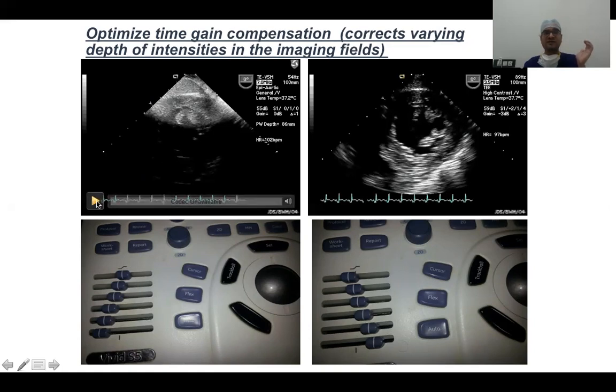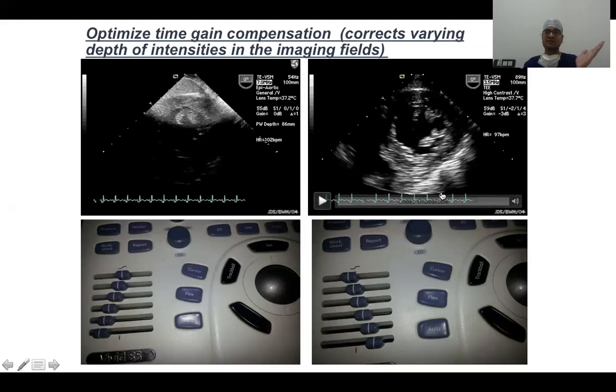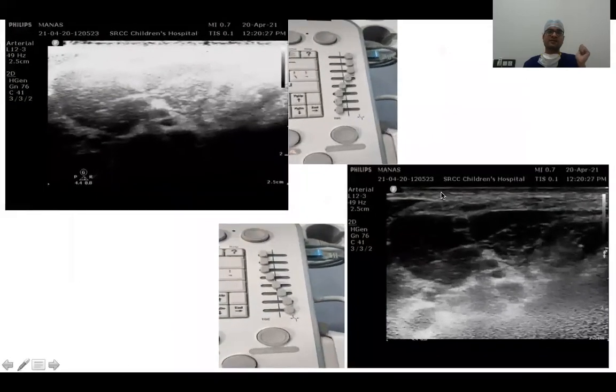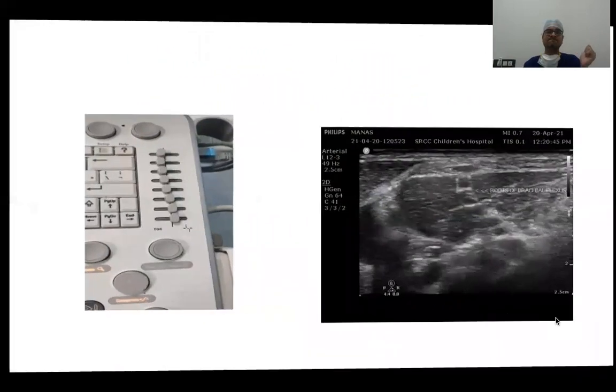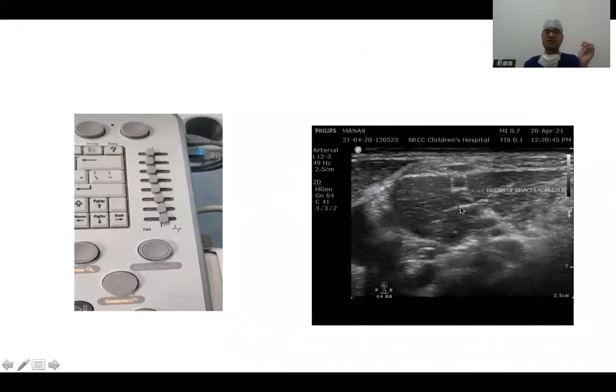Here we can see the distant areas are dark because the knobs are on the right side. As we take it to the left side, the distant far field is much brighter. Same here, if the upper knobs are on the left side, it is far brighter on the upper quadrant, and if it is on the lower side, it is on the far field. So it has to be optimally seen, so that throughout the ultrasound image we can interpret the data correctly.